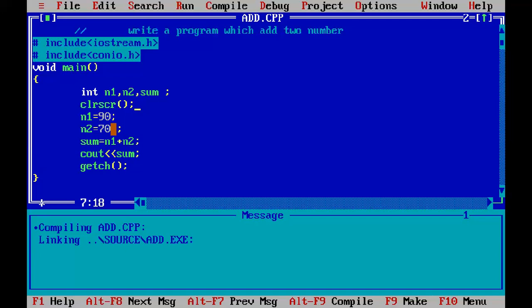And the next statement will execute statement by statement, line by line. Sum is equal to n1 plus n2, where the value of n1 is 90. So over here I use the variables, constants, and a few other statements. Now again,